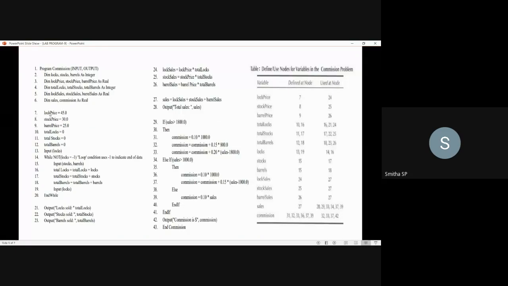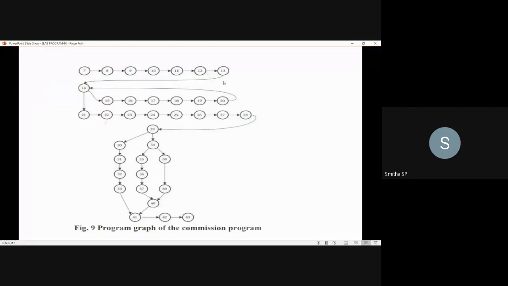Here you have defined the log price, stock price, barrel price, total logs, total stocks, total barrels, and up to statement 13, the input of logs. Once you give the log value, all these are executed. The 7th to 13th lines are a sequence where there is no break in between, so it is a sequence flow.